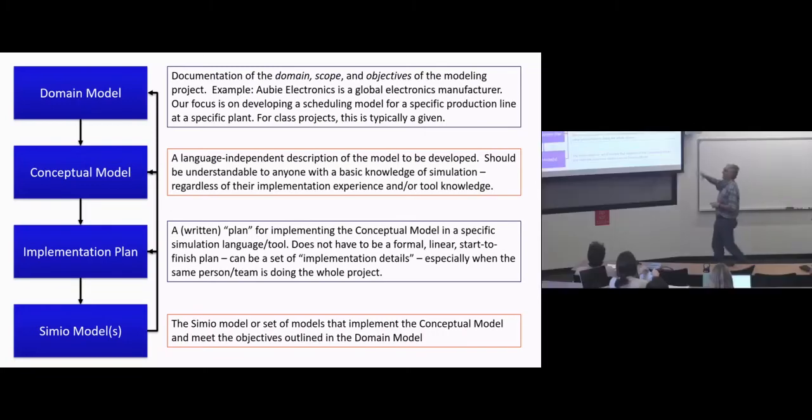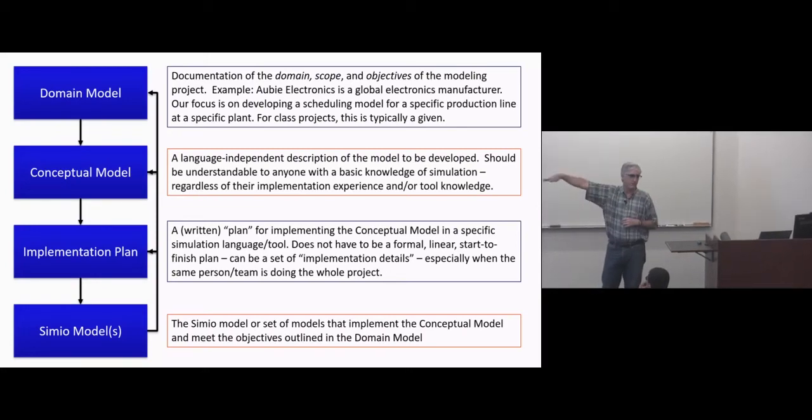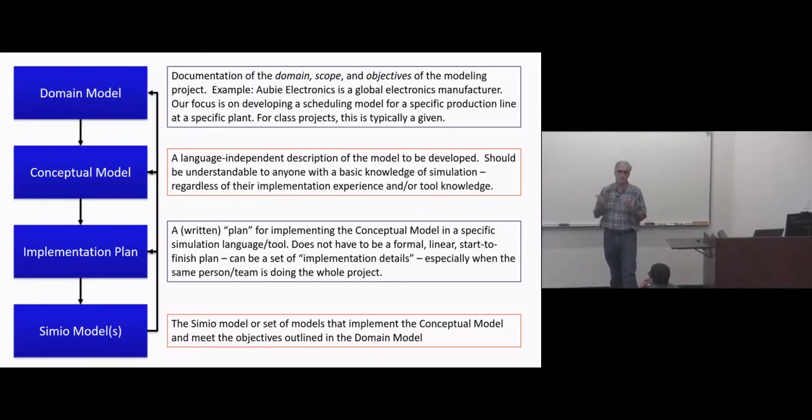Then we take that and do an implementation plan, and you're saying, okay, if I have this conceptual model that I'm going to implement, now how am I going to do that in Simio? And that's how you map out the structure that you're going to build, and then of course you create the Simio model. Far too many times what people do is they start out with a plan at the very top level, and then they jump down to the Simio model, open Simio and start coding. It's a bad strategy. You will always save time if you follow a process like this versus just jumping in and starting to do modeling.